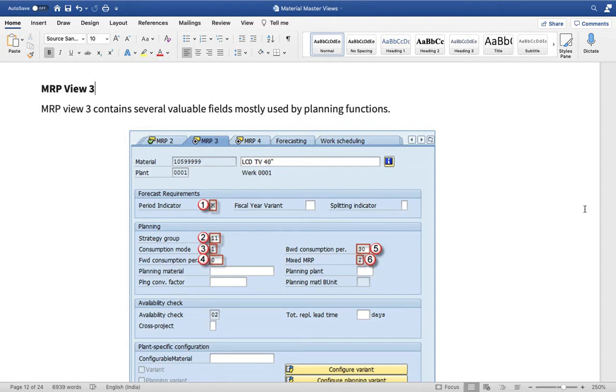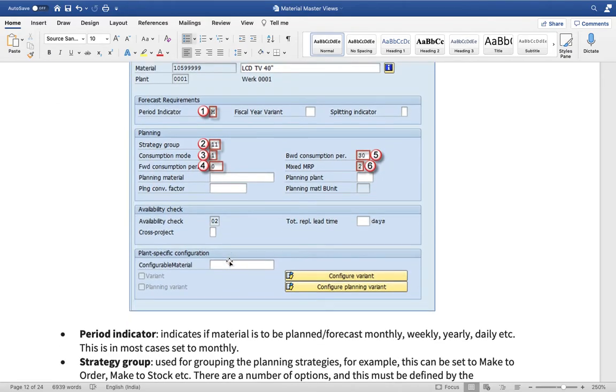Because when you are doing planning of the material with reference to procurement and costing, in a particular fiscal year or a particular time frame of the year where this cost will be accounted for, you can mention all of them. You can mention the fiscal year period indicator here, the consumption method here, and the consumption period over here, and automatically those data will be taken care of.